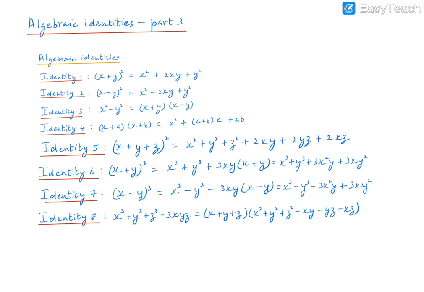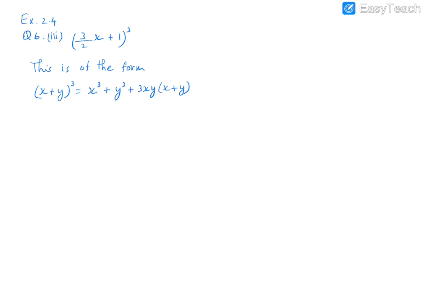expression as well. Now in this particular video, we are going to focus on the next two identities, which are identity number 6 and 7, and we will see how we can use these identities for expanding an expression of this form and also for factorizing, and we will also see how we can use these identities for evaluating certain calculations. So let's start with our first example, which is from exercise 2.4, question number